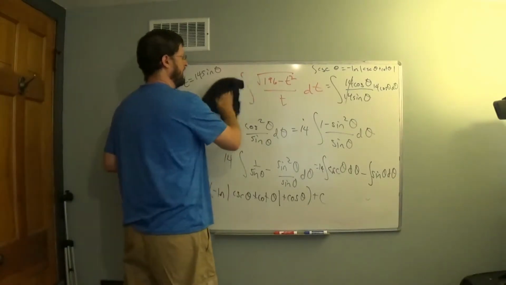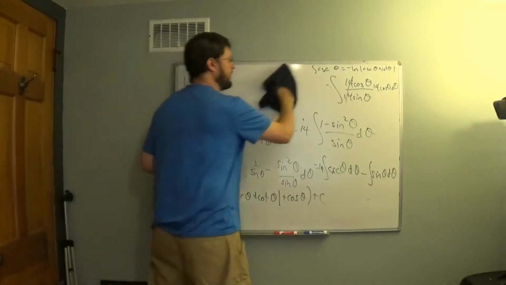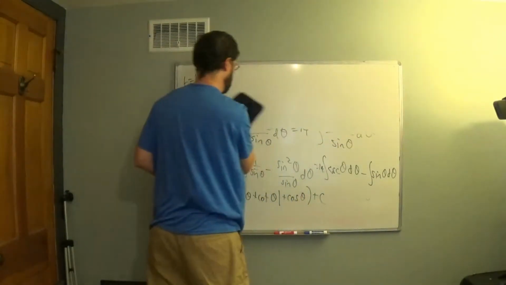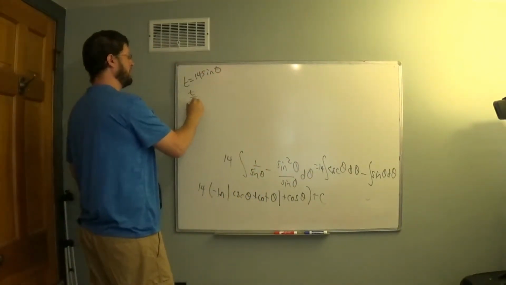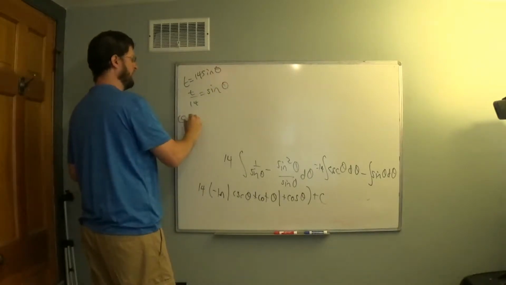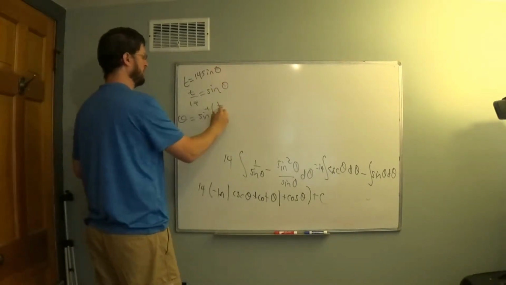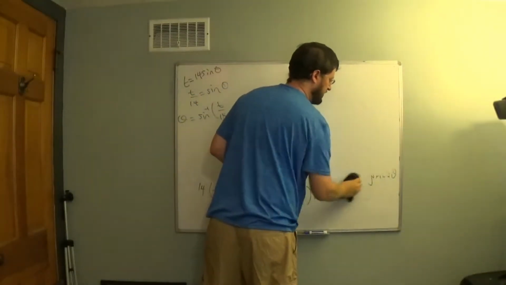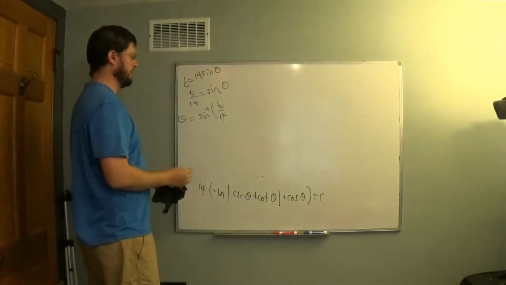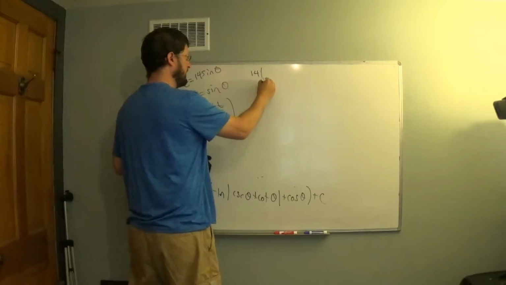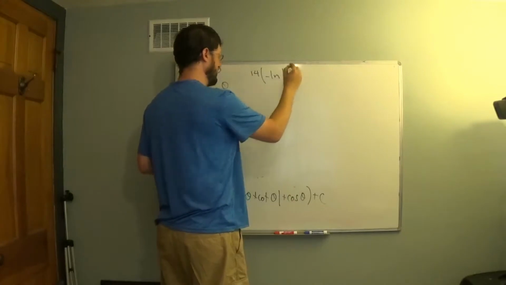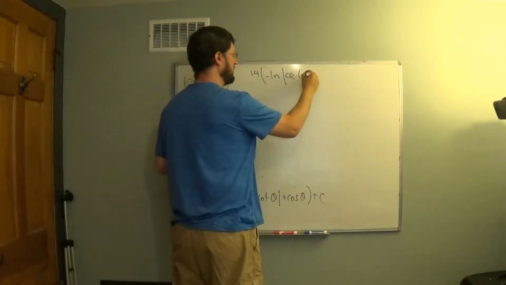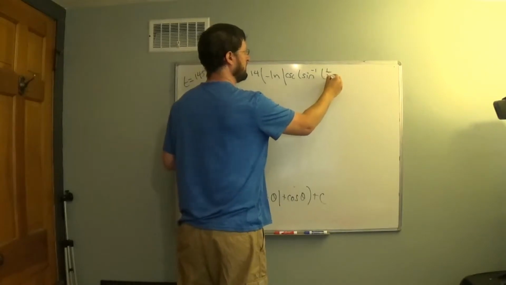Now we're going to have to convert our thetas back into t. But we can do that from right here. If I divide by 14, I get sine theta, so that theta is sine inverse of t over 14. So we're going to put that back into our result that we have here, and that leaves us with 14 times negative natural log, absolute value, cosecant of theta, which is sine inverse t over 14,